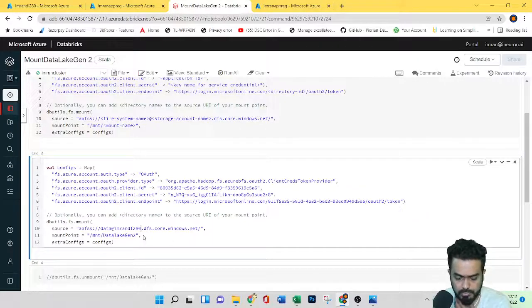So this is the mounting point. I'll be getting this name as data lake gen 2. Everything else is correct. Let's check once again.